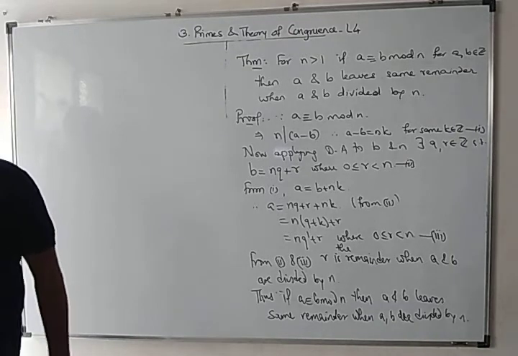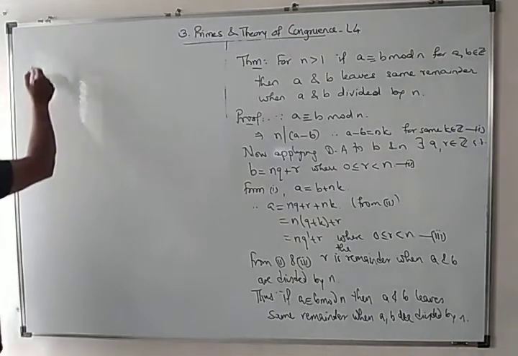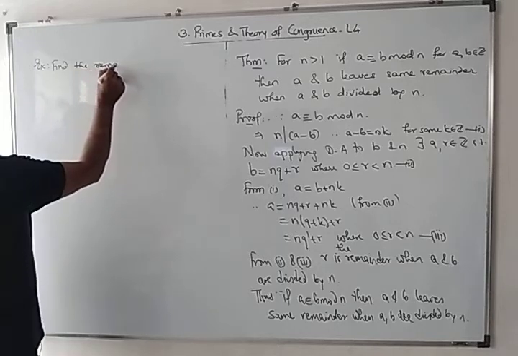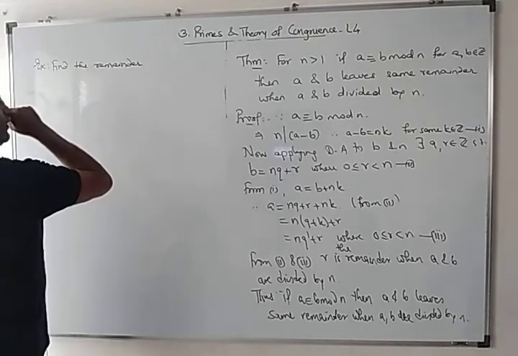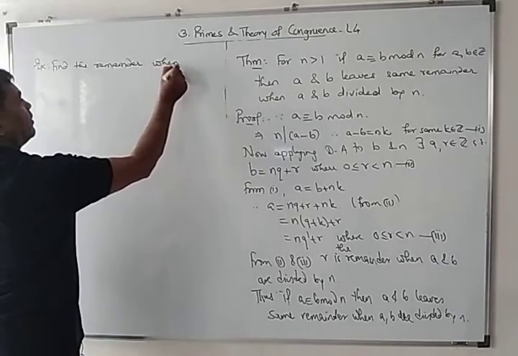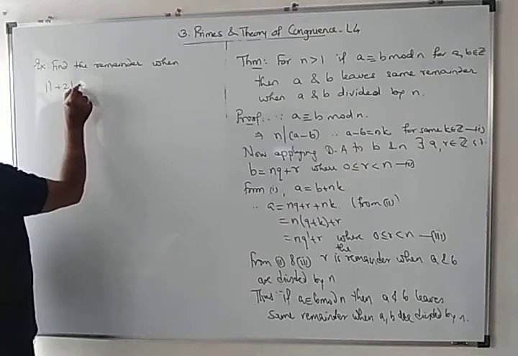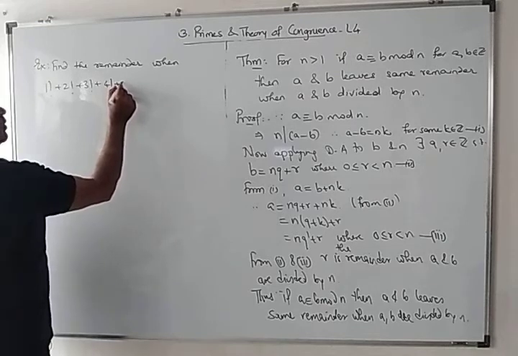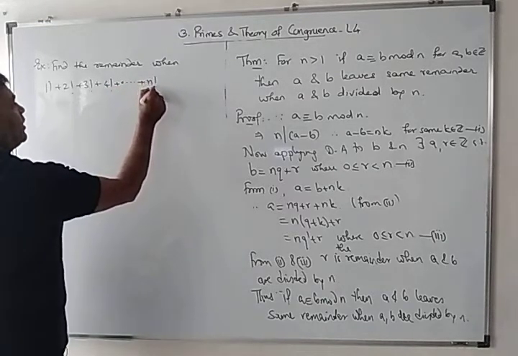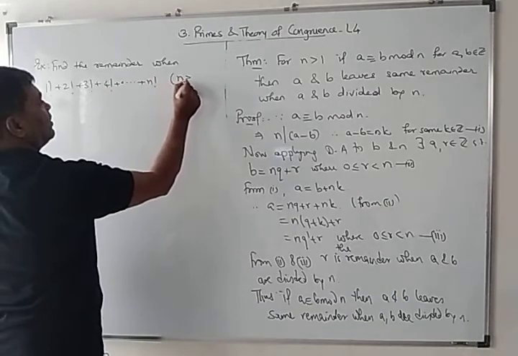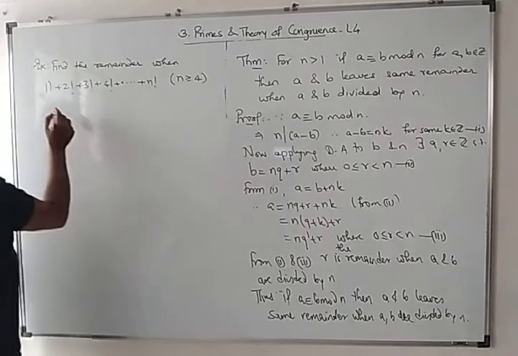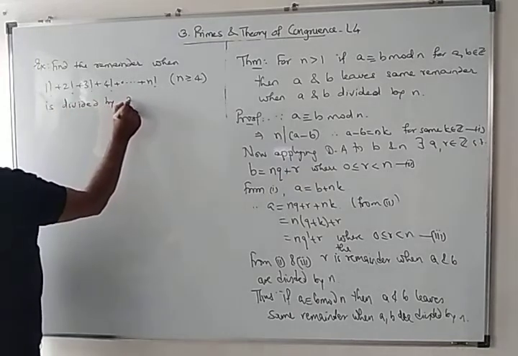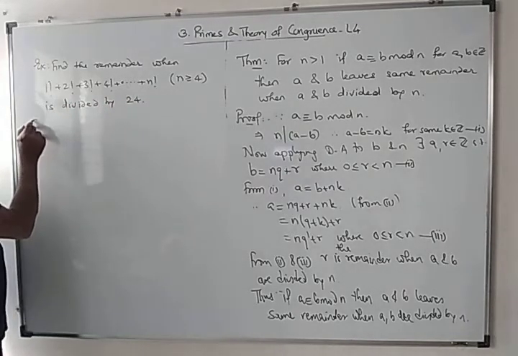Next example, find the remainder when 1 factorial plus 2 factorial plus 3 factorial plus 4 factorial plus, etc., up to n factorial, n greater than 4, is divided by 24, whatever the n may be. Solution: